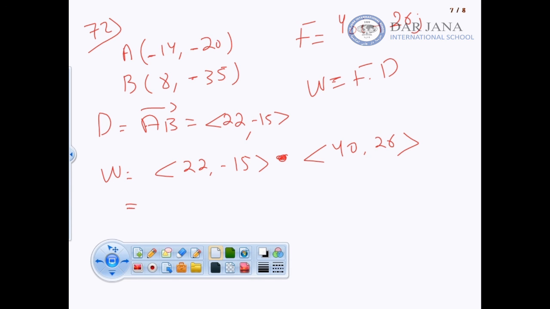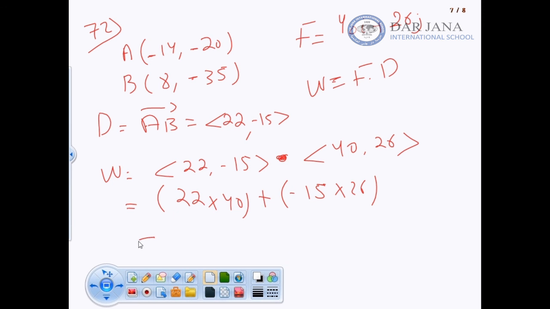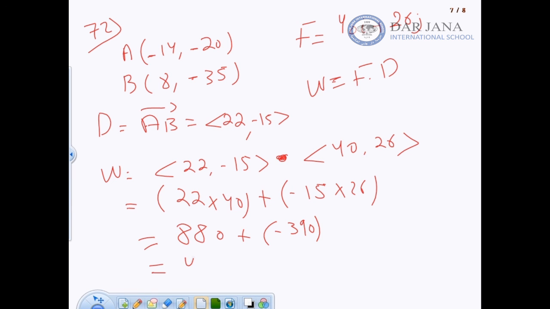Let's find it using the calculator. 22 times 40 plus negative 15 times 26, which is equal to 22 times 40, 880, plus negative 15 times 26, which is equal to negative 390. So the answer will be 490,